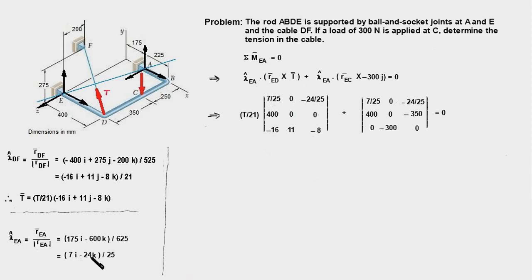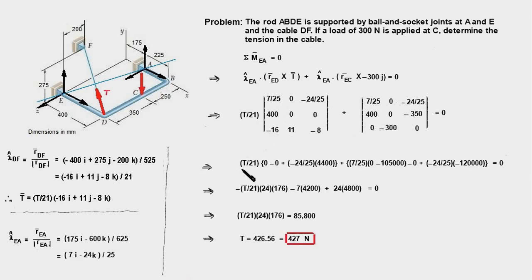There is no j component in lambda EA, therefore we'll have a 0 entry, and minus 24 upon 25 will come in the third column. The same will get repeated in the second determinant, and here will be the RED components. Here we shall have the REC components, and these are the components of T, and these are the components of the 300 Newton force. Okay? So we shall now expand these determinants,